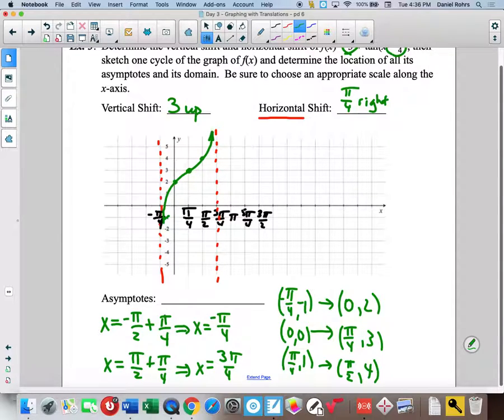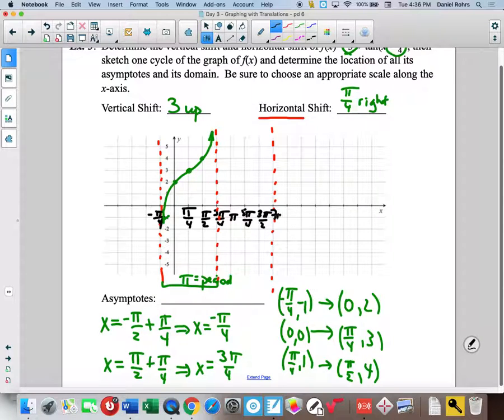And so one cycle of that tangent graph looks like this. If I wanted to duplicate this, if I went to the right, I would go another pi, because I haven't changed the period on this. The distance between the asymptotes here is pi, and that's the period. So I would go another pi, so I'm in fourths, so I'm just going to go 1, 2, 3, 4. And so there should be another asymptote here at